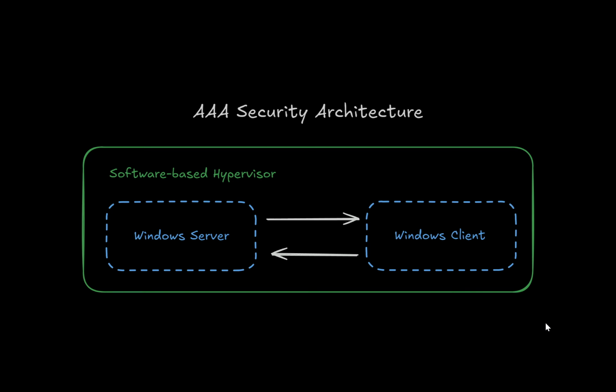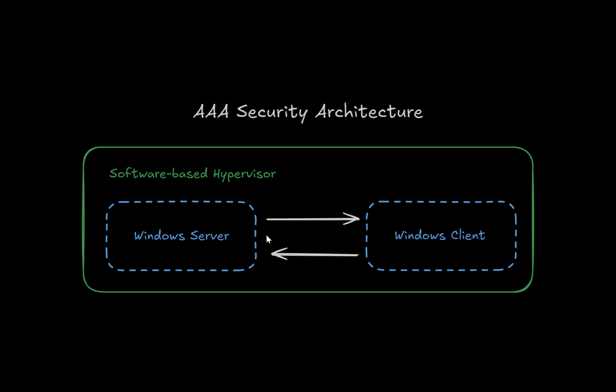We'll be trying to implement the AAA security architecture using a virtualization technology. We will use Oracle VM VirtualBox to create two virtual machines. One will be a Windows server, the other will be a Windows client. We will install ADDS and VPN services on the Windows server, and we will connect the client to it via